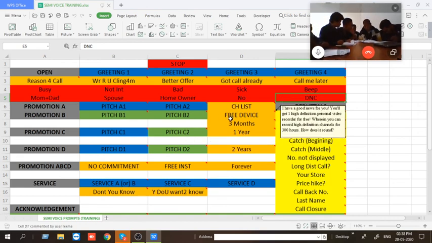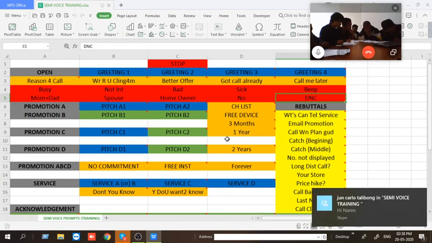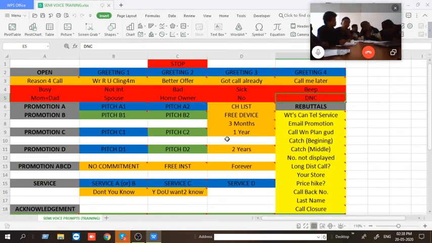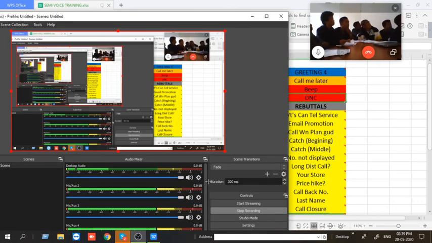And in the right side in orange colors you will be having something like channel list, free device, how long the promotion is for, these kind of things will be there. We are just going to see all these things tomorrow. Okay, so now